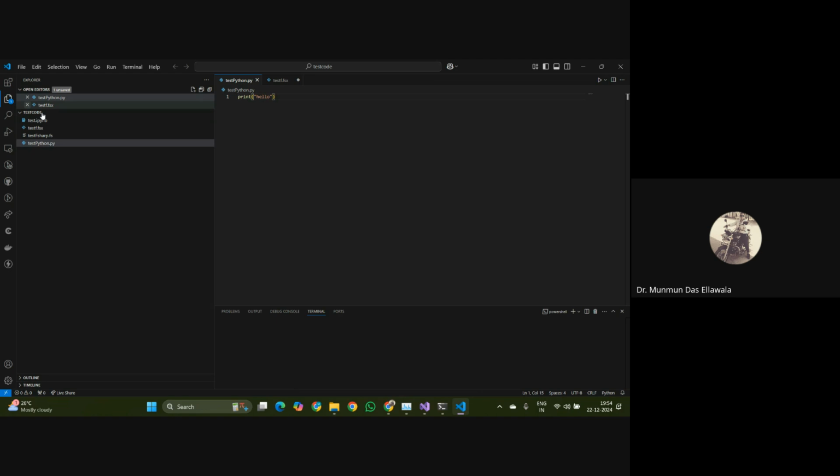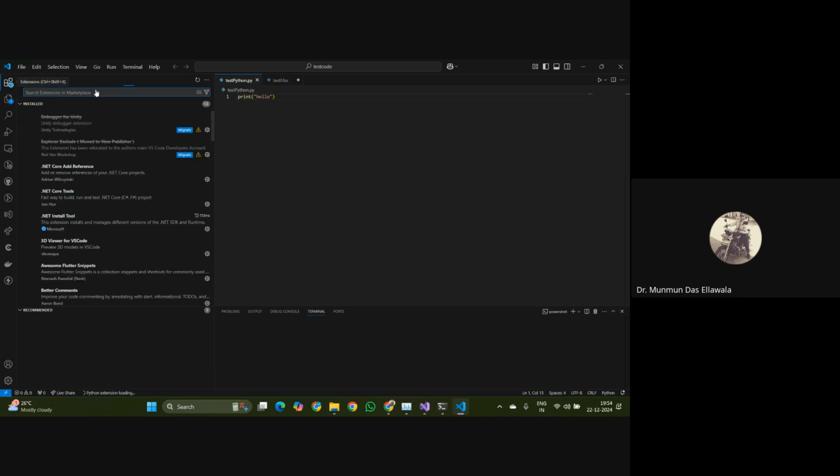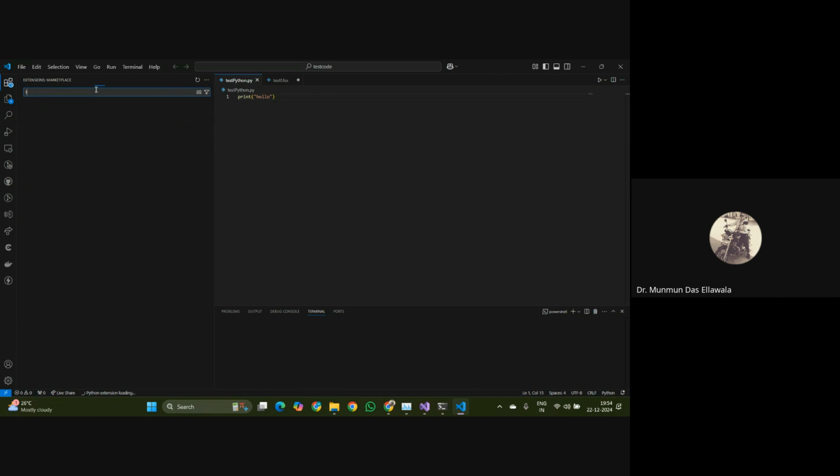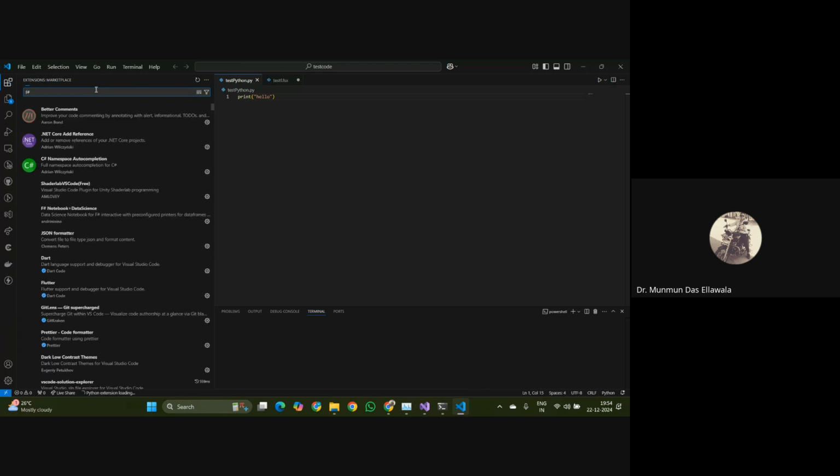So here, 2 or 3 extensions you have to download for running F sharp. Once you download the Microsoft .NET SDK, you can go here and search for F sharp and check what extensions are available. I have downloaded a few. So this .NET